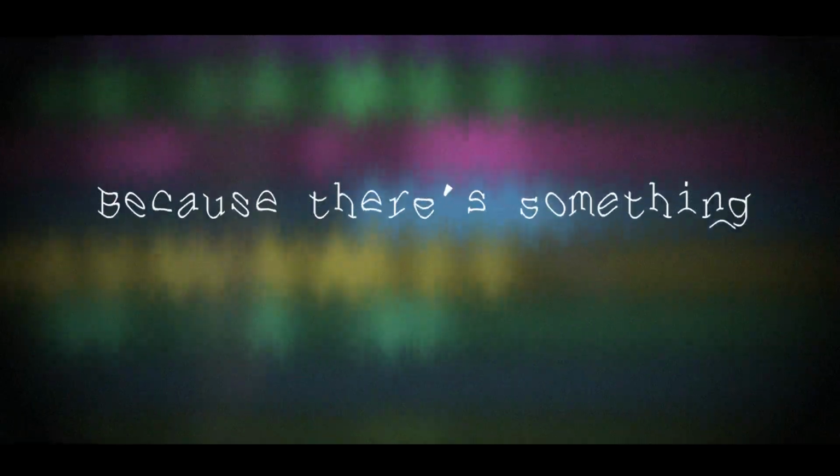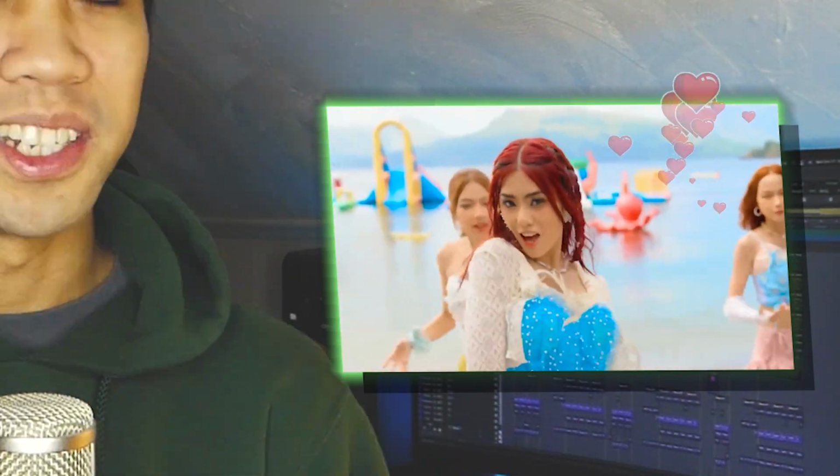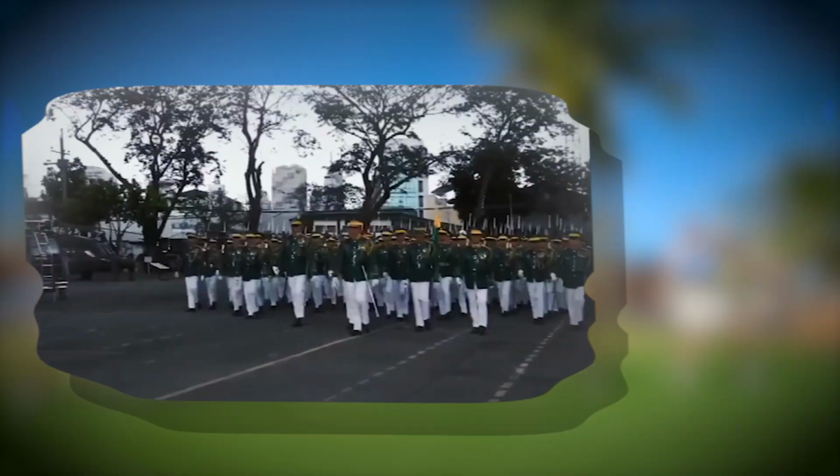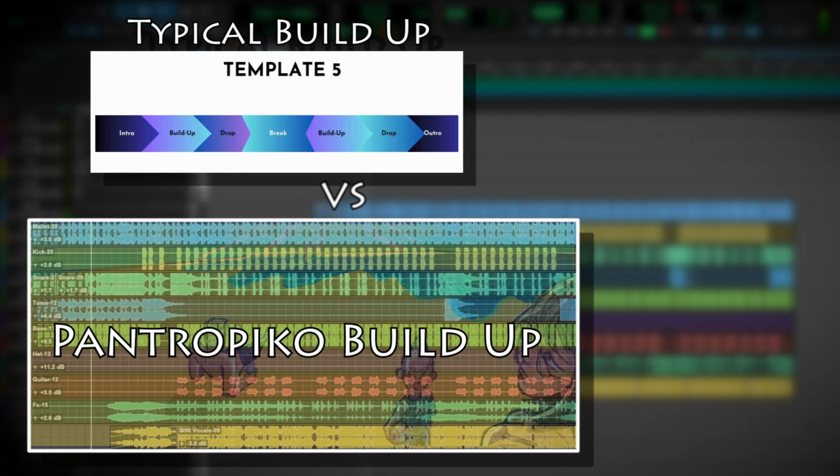But before that, let's talk about the build-up real quick. You know, one thing I really like about this build-up is the concept itself. It is not the typical build-up you'll hear out there. You know the typical build-up na naririnig natin usually. It's like riser, and then claps playing like quarter notes, and then 8th note, and then 16 notes. Pero maiba lang sa Pantropiko, they use a march-style build-up. Listen closely. Although magkaiba sila ng style, they share one thing in common. They both want to tell the listeners that something big is coming. But how big?